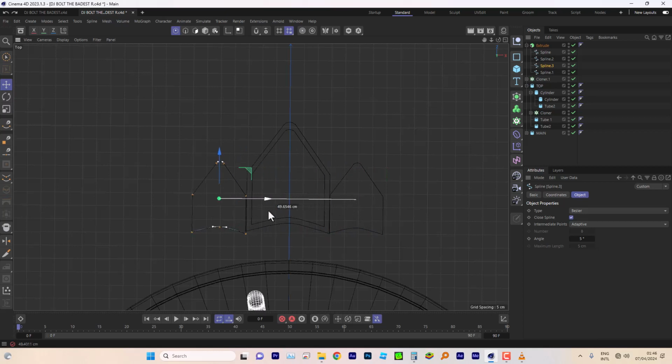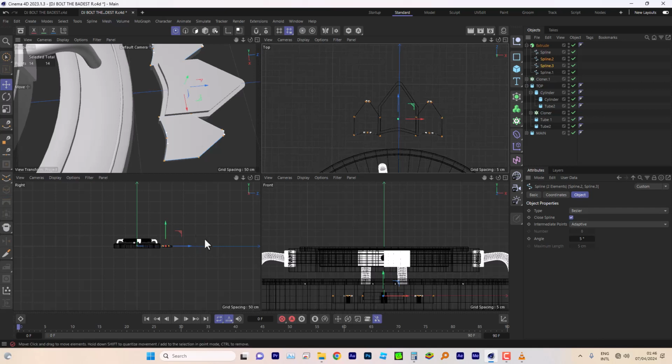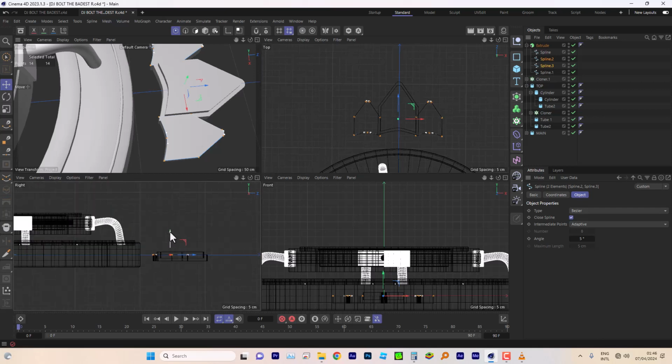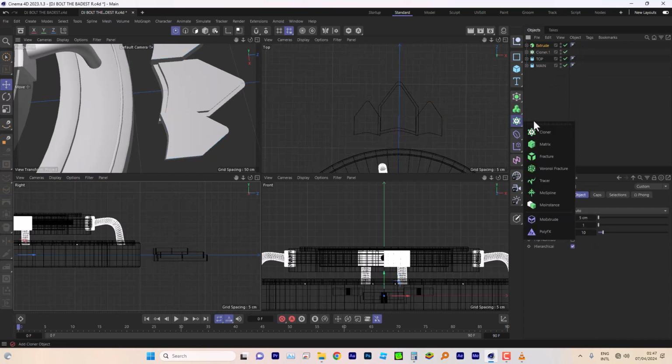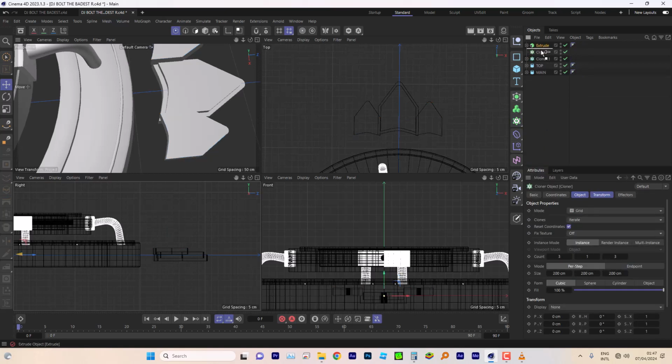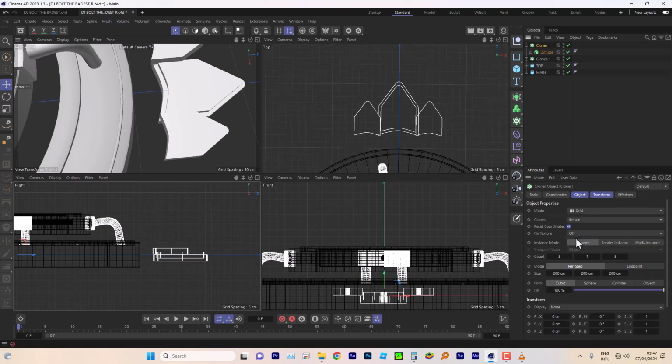And then I moved it to the left, and then move this one to the right, and then select both, and then I moved them up like so. And then the next thing I did is put it inside a clone, tell the clone to do a radial,